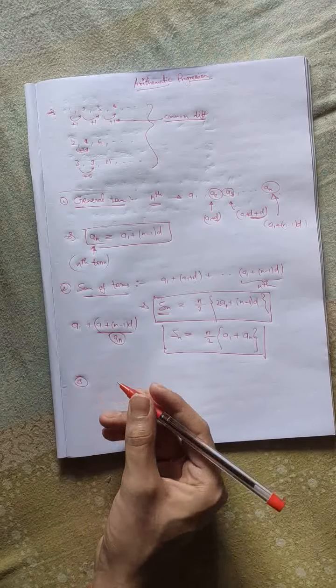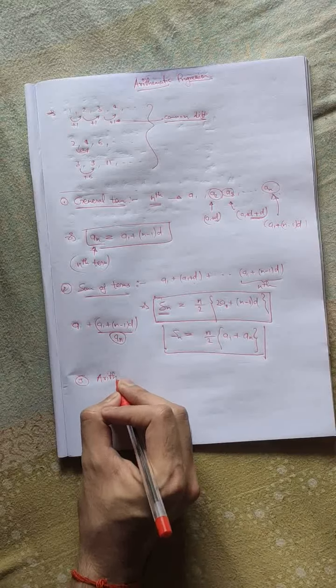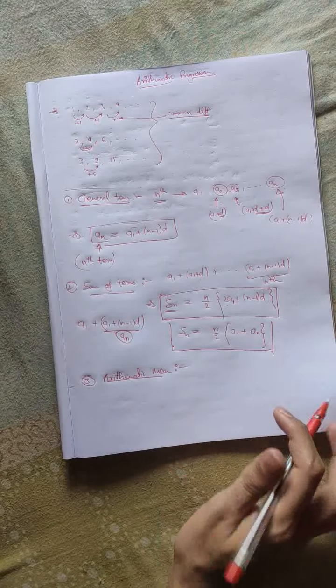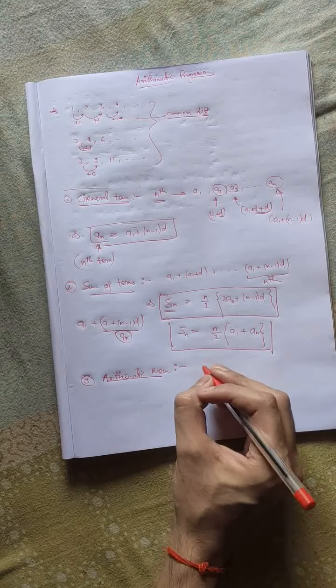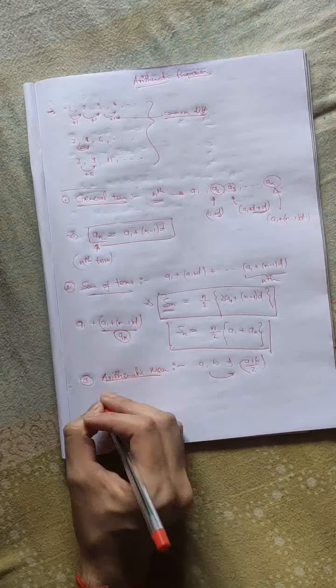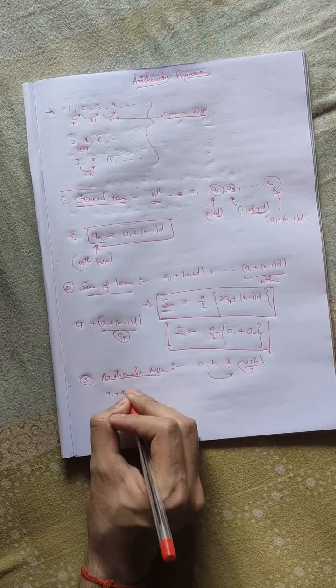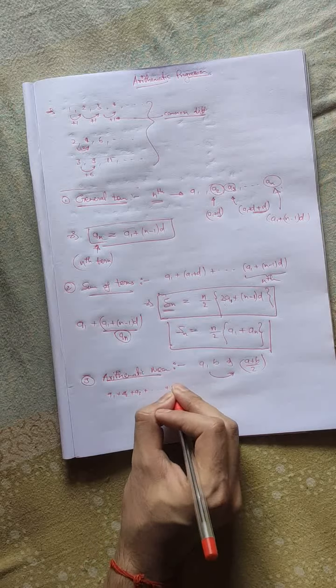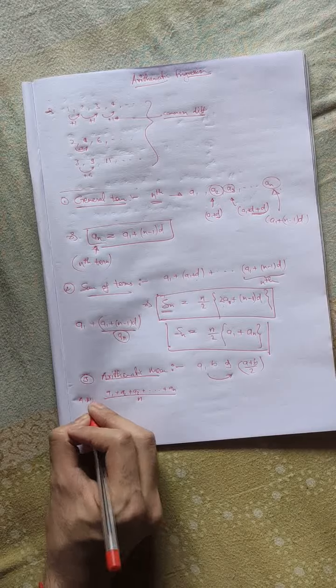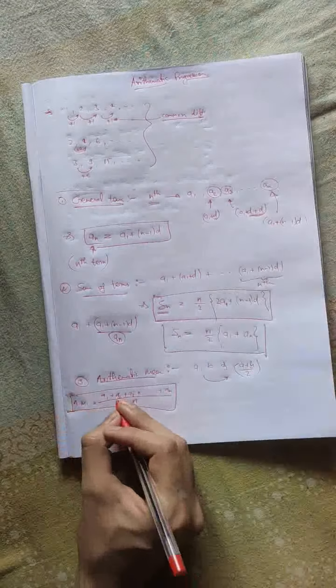Another thing would be, what is the arithmetic mean? We know about average. What is the average of any two numbers? If two numbers are a and b, then we can write the average is a plus b by 2. Generally this is known as the arithmetic mean. So for any numbers a1 plus a2 plus a3 plus dot dot dot up to an, divided by n would give us the AM, which is the arithmetic mean of all the numbers.